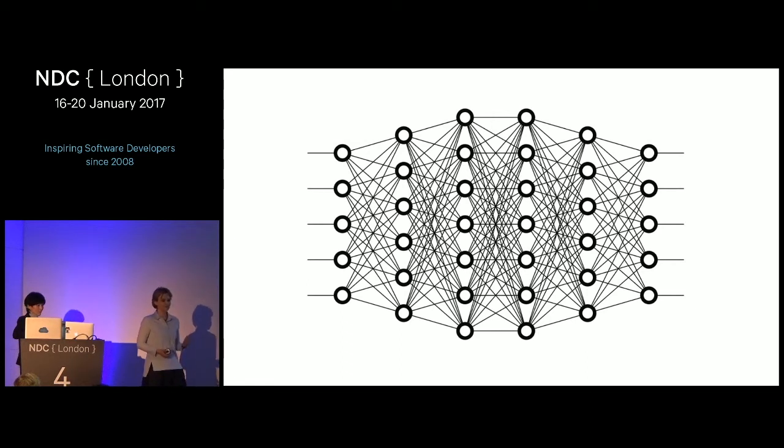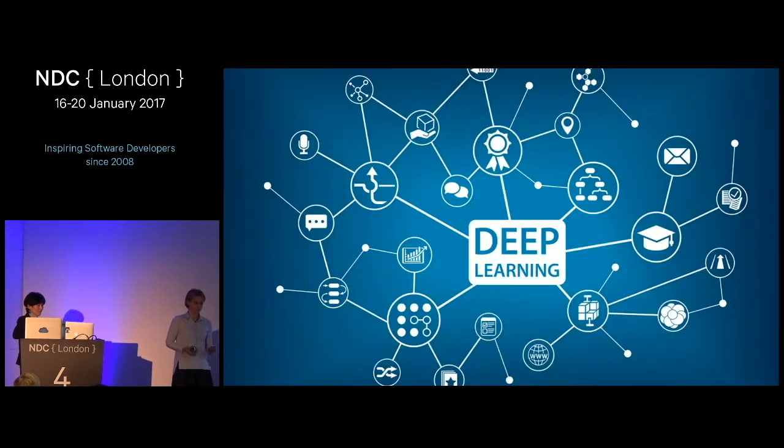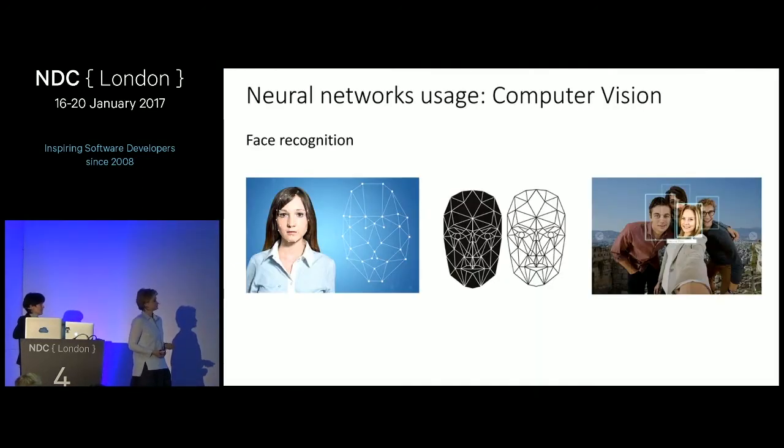But before we do that, why do we care at all? Why is deep learning becoming so popular these days? What kind of problems can deep learning solve that couldn't be solved before, and can now only be solved by neural network powered engines? The first interesting application is computer vision. A computer can recognize objects. Face recognition is something we use every day on our mobile phones.